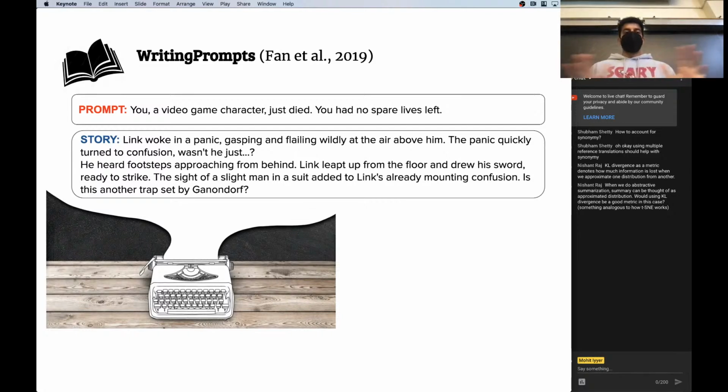But okay, so this is a task, story generation. There are many other text generation tasks that are open-ended. So for example, question answering can be viewed as a generative task in which I might have a question like, why is the sky blue? And I might want a model to generate an answer to this question, right? So generate some text. But here, there are many different ways to explain why the sky is blue, right? So we run into the same sort of problem where stuff like BLEU and ROUGE are just not useful